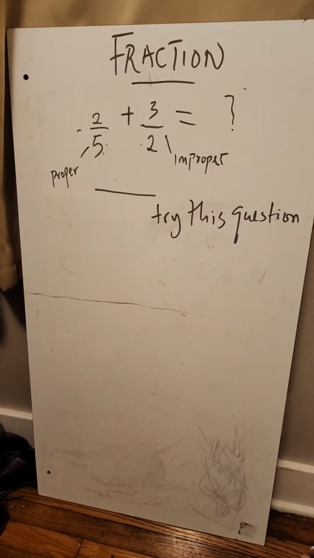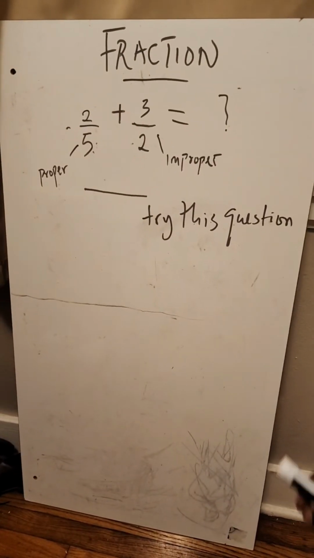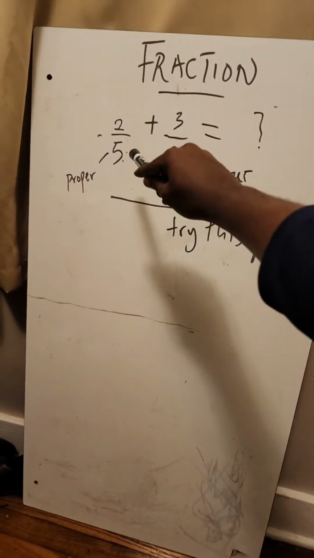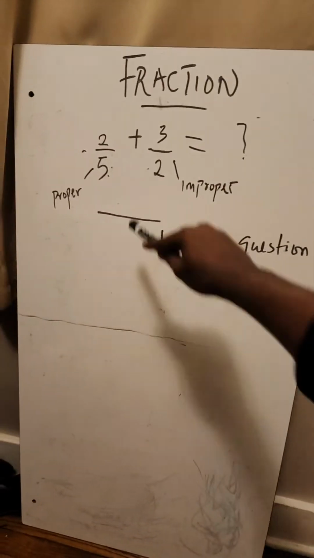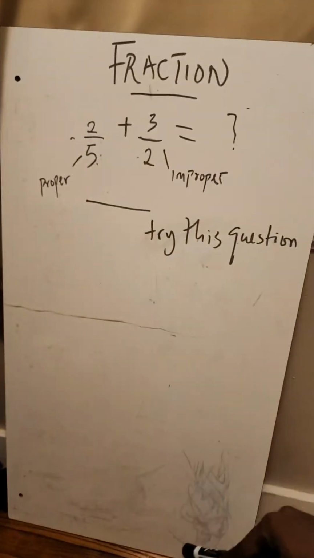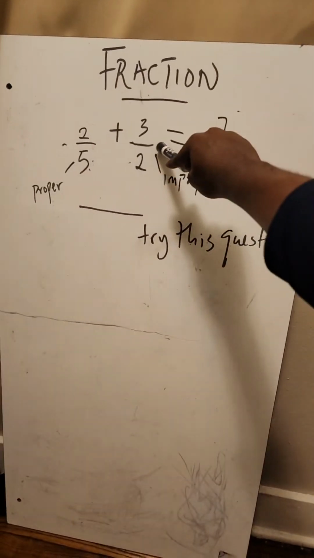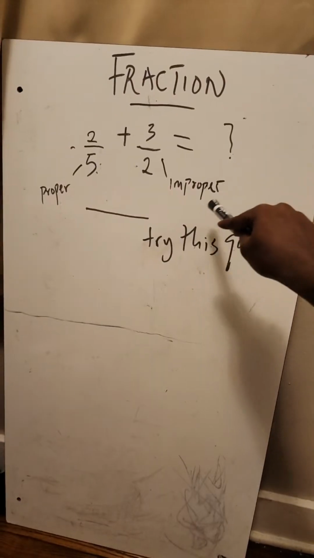I would like you to try this question. So now today, I'll be teaching you fraction, and looking at fraction here, looking at the first term, we're having 2/5. 2/5 is a typical example of proper fraction, and here also we have 3/2. 3/2 is an improper fraction. So the difference between